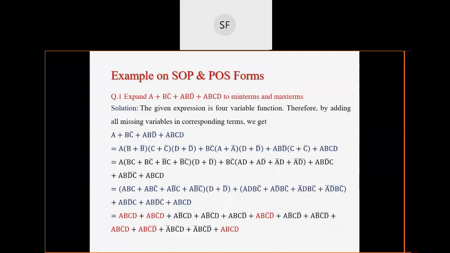I have also given you one example. How many of you have done this example? Have you tried? In the last session, I asked you to find out the minterms for this particular question. You don't have to find out the maxterms; we will see what a maxterm is later. But can anyone tell me how many minterms and which minterms are present?